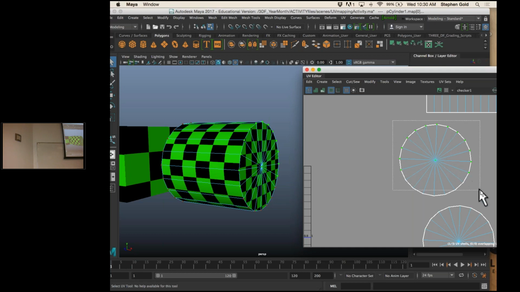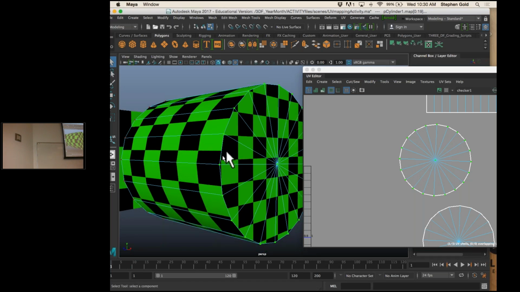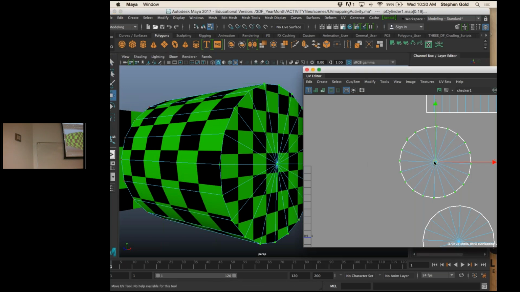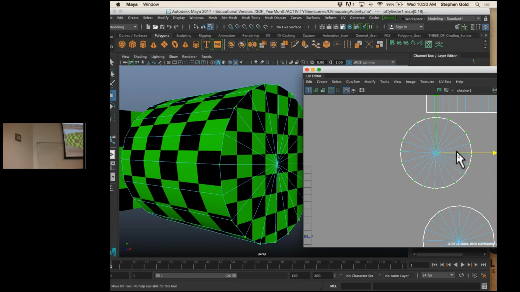I'm going to grab all the UVs for this side of my object. And what I'm going to try to do is make this square here match the size of that square there. I'm going to go to my Move tool. And I'm looking over here, I'm trying to get those near each other. And incidentally, this is a texture seam. Remember we were talking about the cuts in the ocean and the seams? You can see how